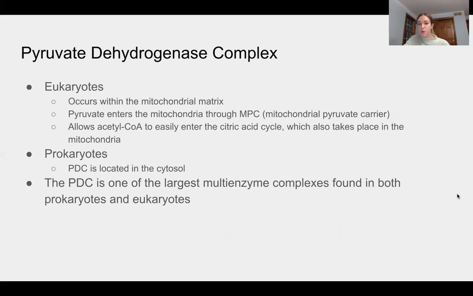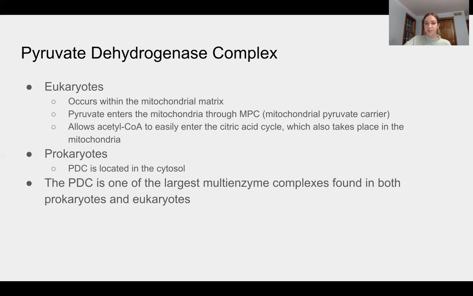So we're just going to go through where all these things occur. The pyruvate dehydrogenase complex in eukaryotes occurs within the mitochondrial matrix. Pyruvate enters the mitochondria through the MPC, which is the mitochondrial pyruvate carrier. Pretty nice and self-explanatory name. The reason that this is within the mitochondria is that it allows the acetyl coenzyme A to